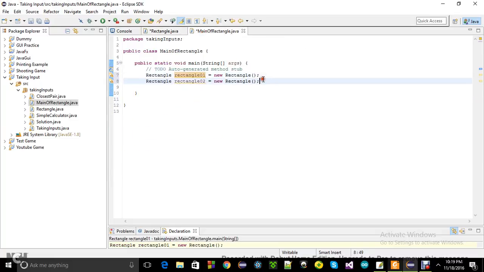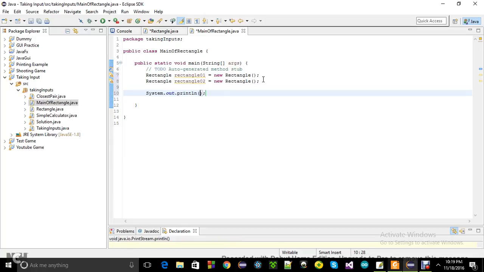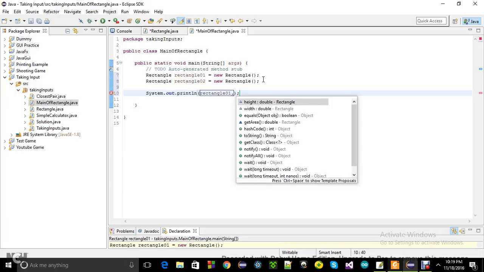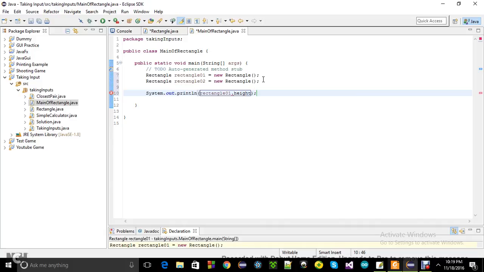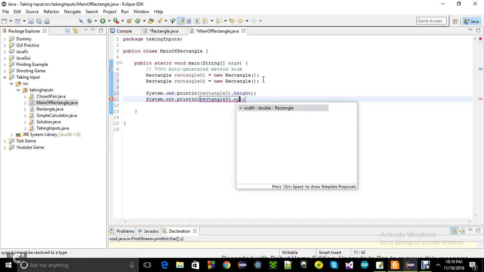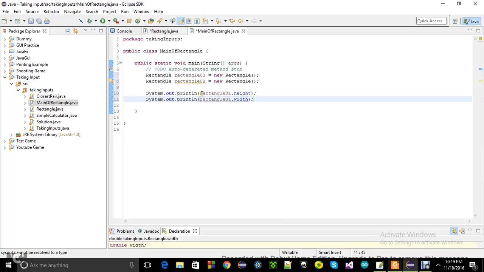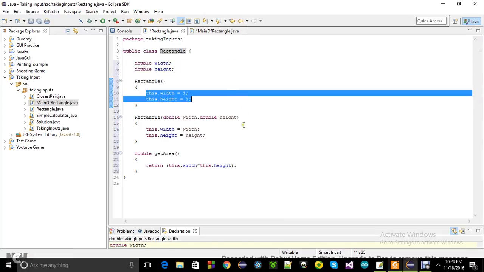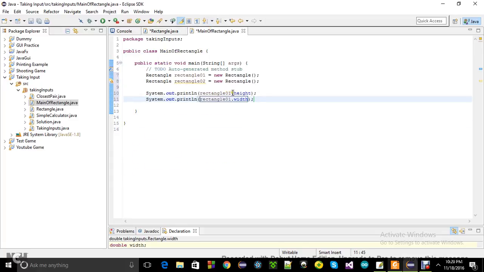Okay, just to show you guys, I'm going to print rectangle 1's width and height. Alright, rectangle01 dot width. I hope you guys know what the dot operator is. I think I have not talked about it. Alright, the dot operator,